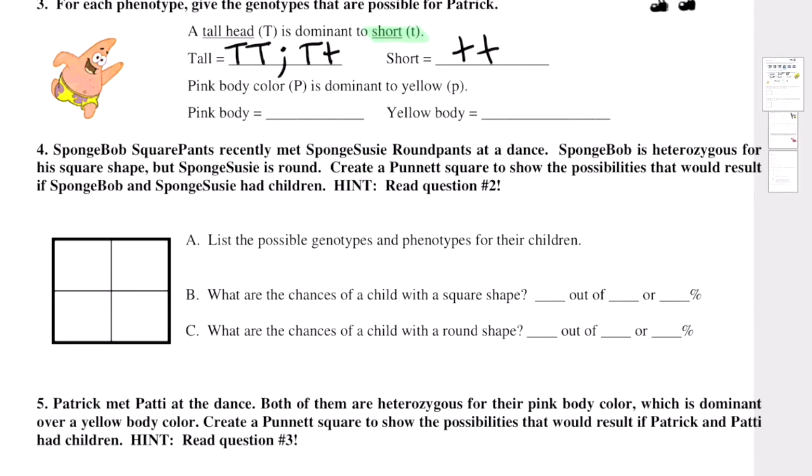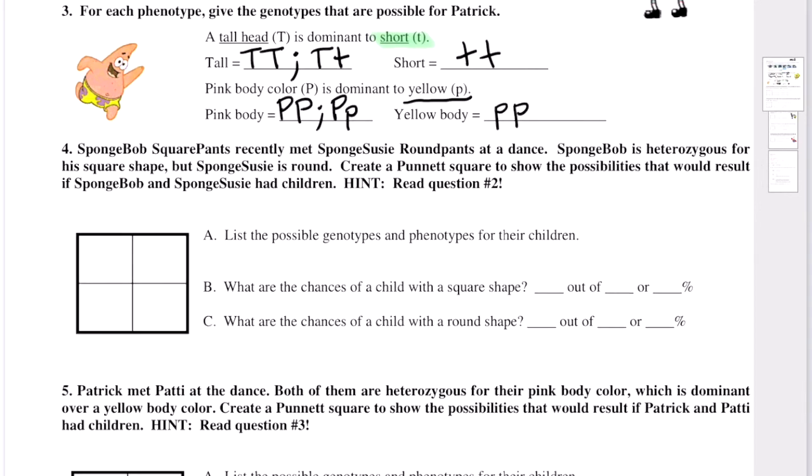All right, let's take a look. So pink for dominant could be capital P, or capital P, lower p. The yellow body would be represented by two yellow P's, little p, little p. I do want to note that you always stick with one letter. So it's usually going to be the first letter of whatever the dominant trait is. Pink starts with a P, and so that's why capital P is the pink, and why yellow would be represented